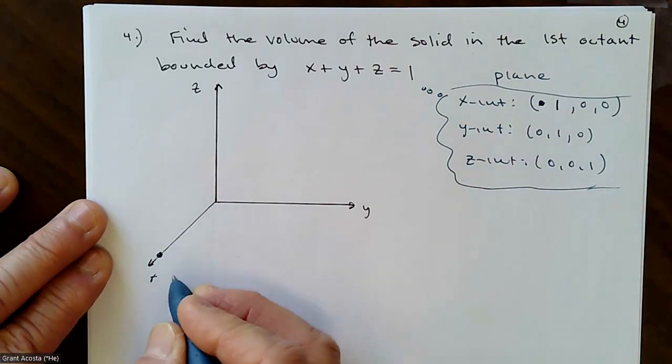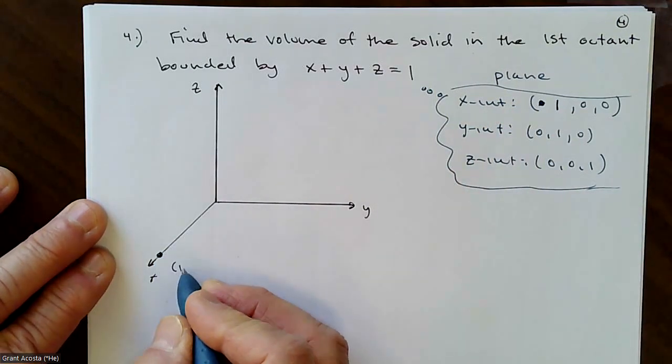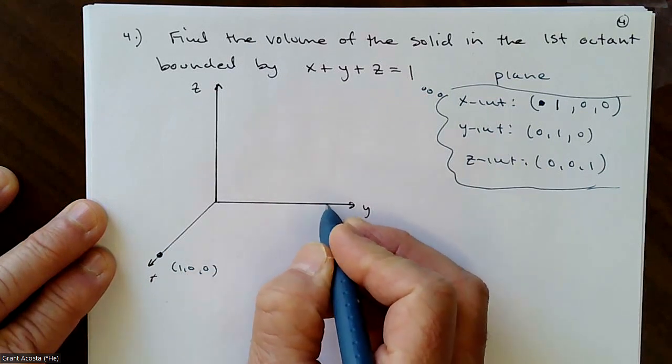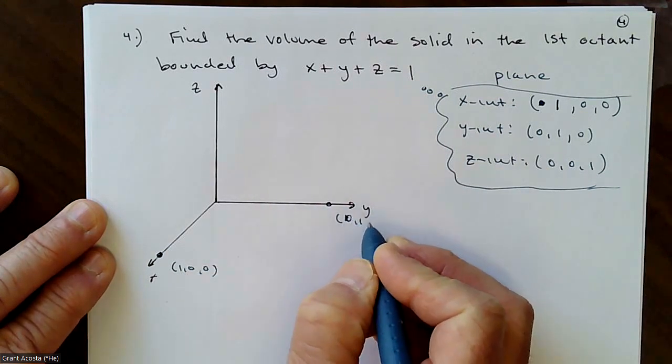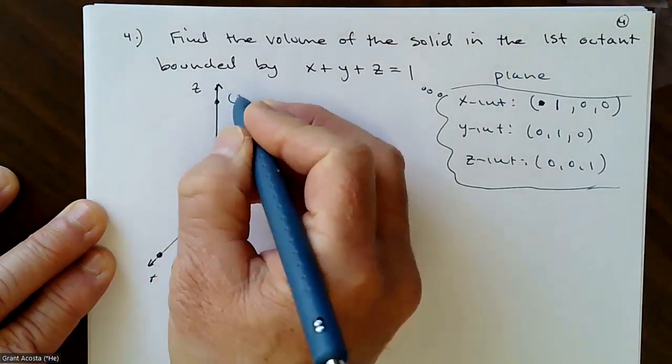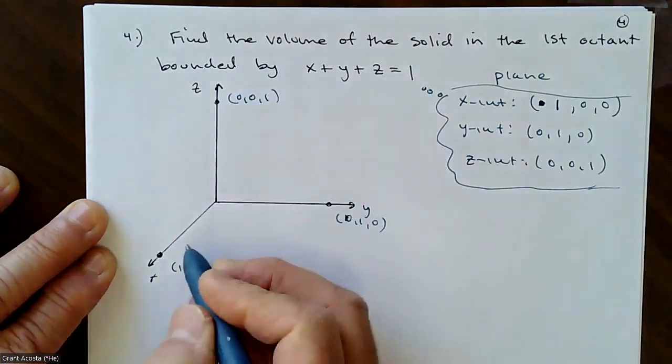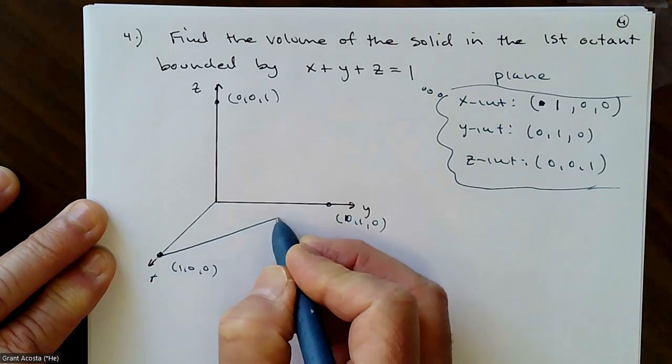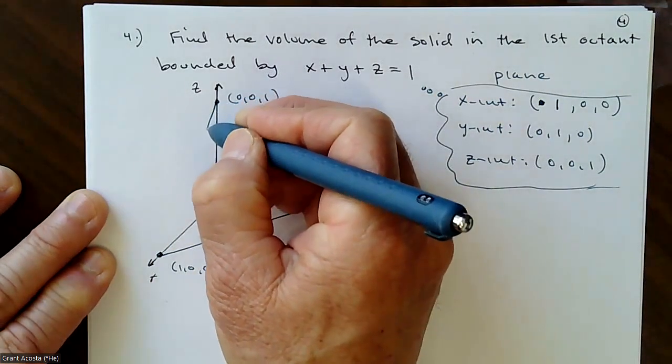So 1 on the x-axis, 1 on the y-axis, 1 on the z-axis. And if I connect those with straight lines,